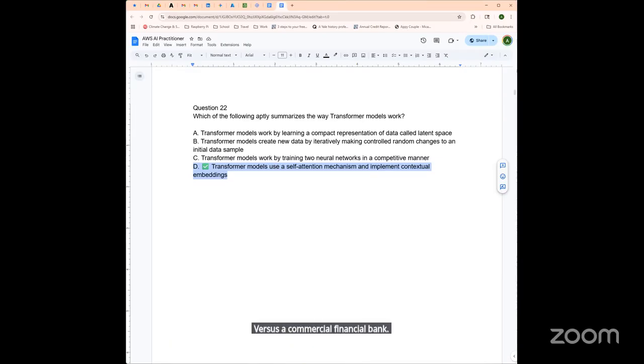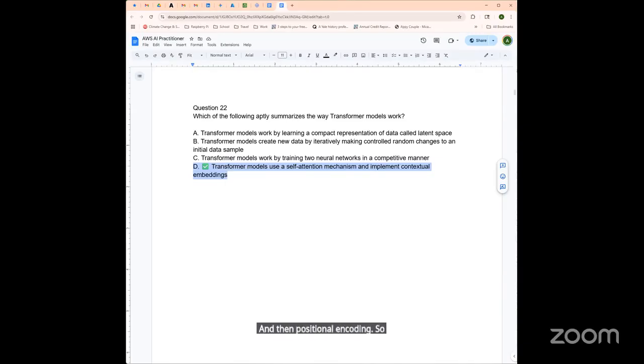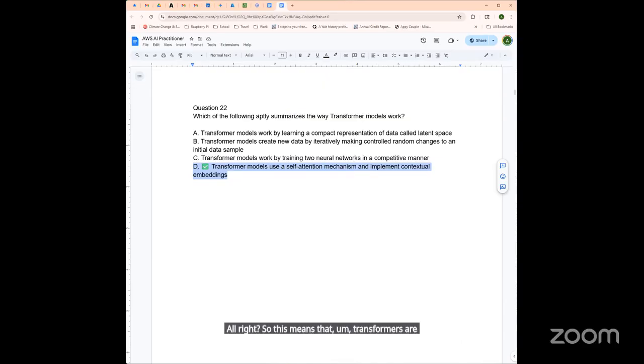Same word, different context, and it can understand that. And then positional encoding: since transformers process input in parallel, they use positional encoding to understand word order. This means that transformers are really effective for LLMs for translations, text summaries, or any questions to answer.